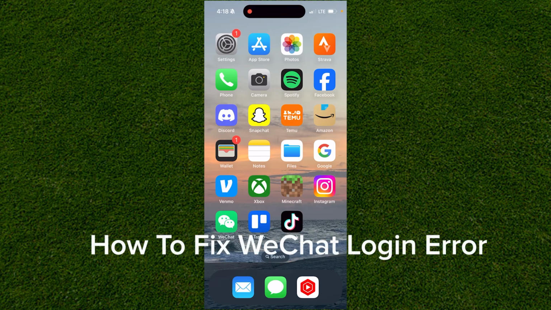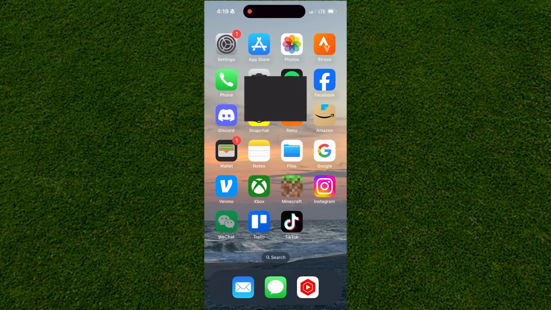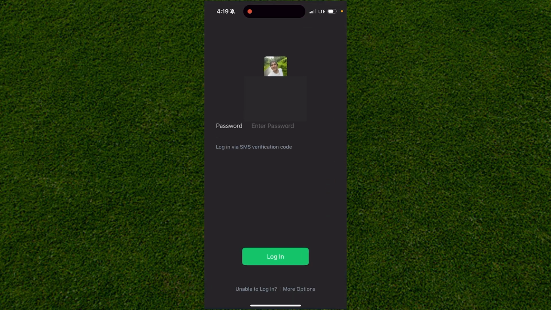Account has been mistakenly blocked, it's really easy to fix. So without further ado, the first thing you do is you open up the WeChat app, and when you're actually trying to log into your account, it's probably going to give you some sort of issue or just not work at all. So what you want to do to actually fix this is you just want to go over to